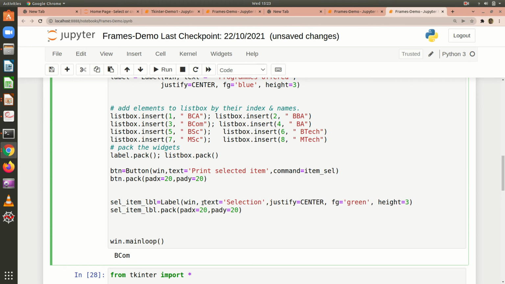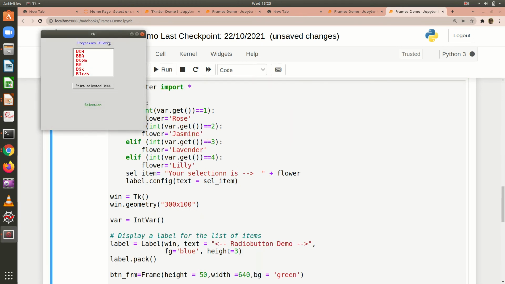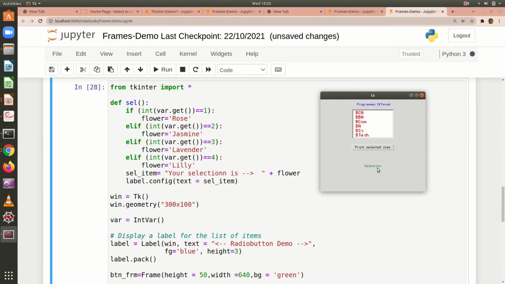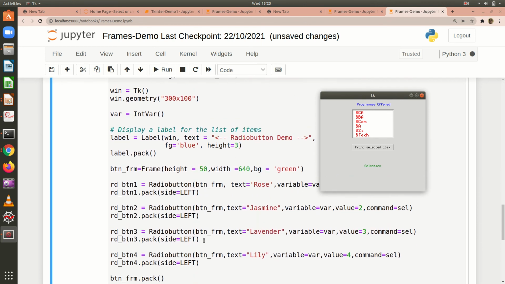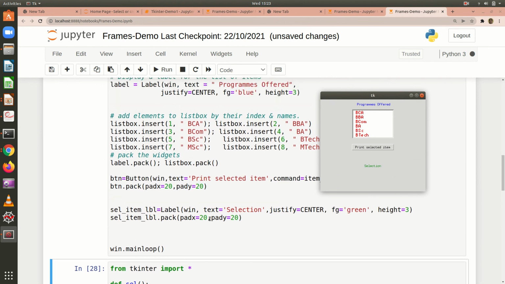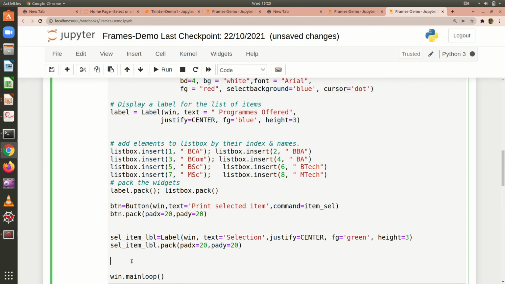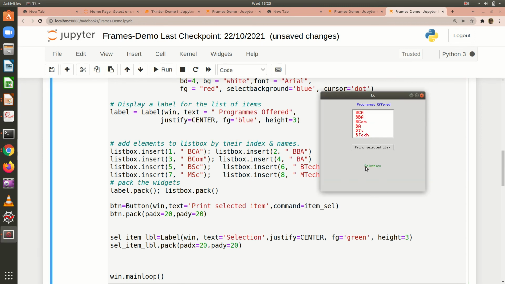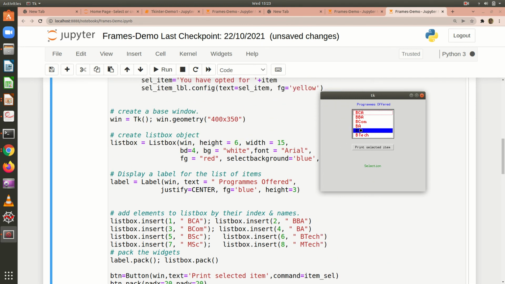Okay, and I'm going to run this code. When I run this code, you can see the label. This particular label is packed with green color. Now after opting, when you say print selected item, the text is changed as well as the foreground color is changed, right? So this is the advantage of having the